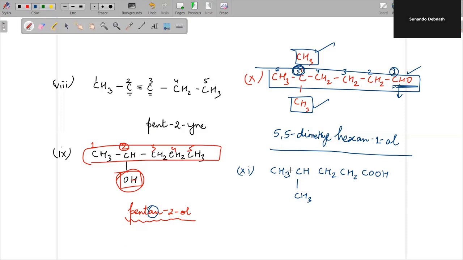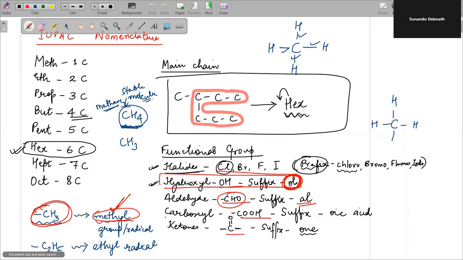Sometimes we do not draw single lines like this. If no lines are drawn, then also we will consider it single covalent bond. These lines sometimes we may not find in some questions. It's a good practice to draw it. Now here numbering हमें देखो, यहाँ COOH ग्रुप है ना, ओइक एसिड मिला, ये वाला कार्बोक्सिल ग्रुप, ओइक एसिड सफिक्स